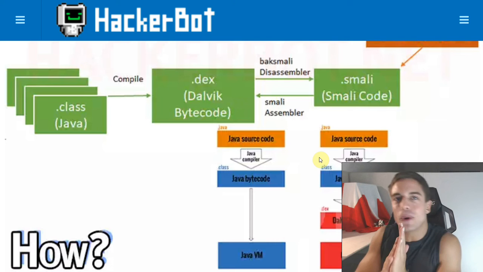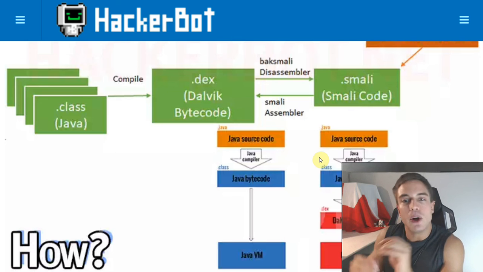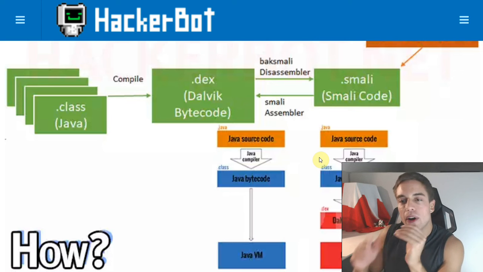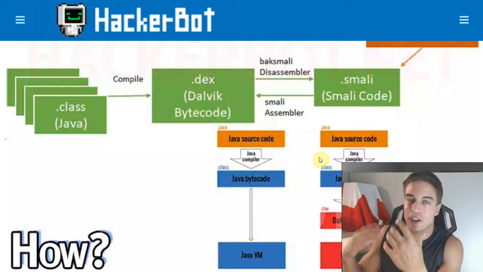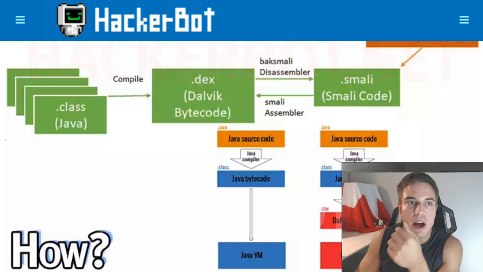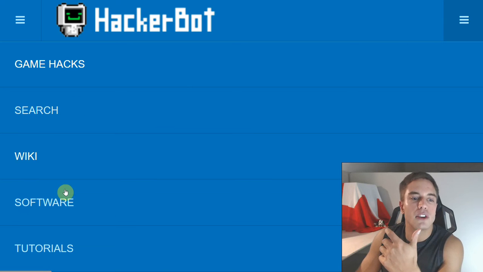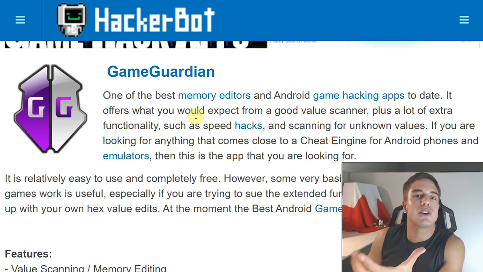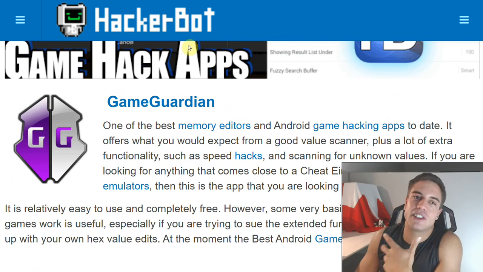However, usually it's not quite that simple, even though it does sound that simple. However, with all the little caveats and so on, it's by far the easiest method available to cheat on Android. So if you compare it, for example, to game cheating tools, if you head over to hackerbot.net and go to software and look at the game cheating tools that are available for Android, using something like Game Guardian, for example, is going to be a lot harder than just downloading and installing